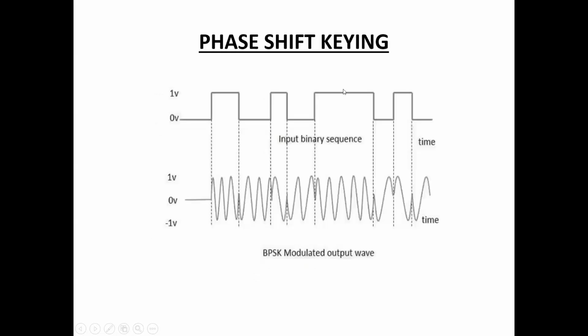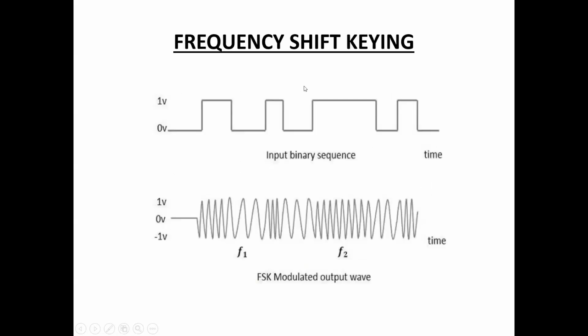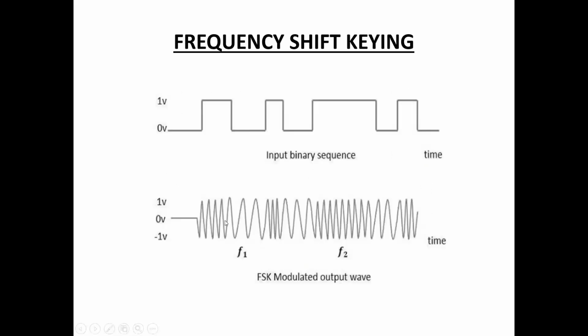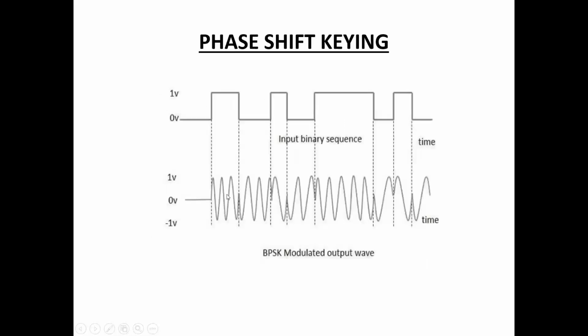And next, phase shift keying. This is similar to frequency shift keying, but we are changing the phase. We are changing the waveform. Here we are changing the phase by particular degrees by varying the sine and cosine inputs. So the waveform in frequency shift keying is changed to this one. This is about digital modulation techniques.